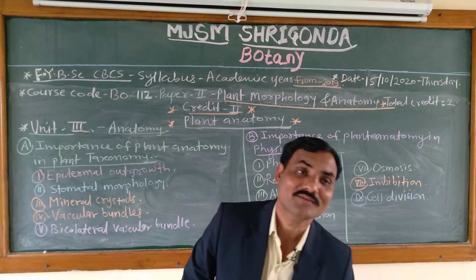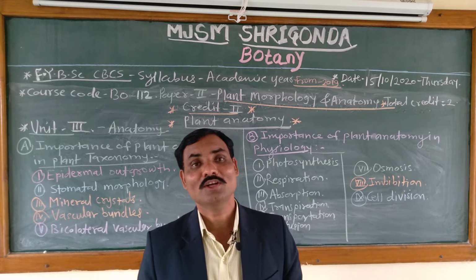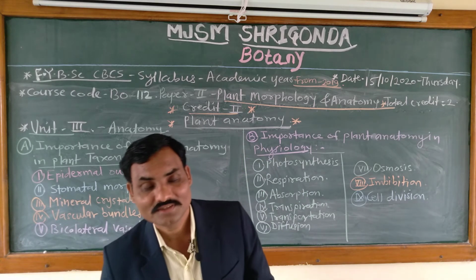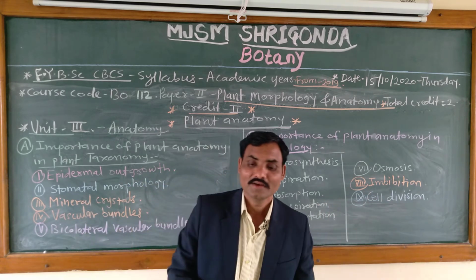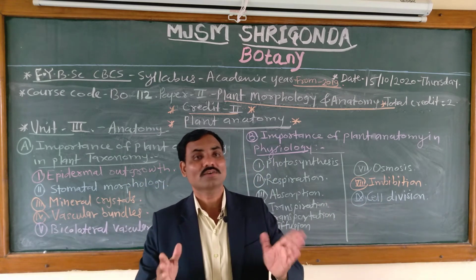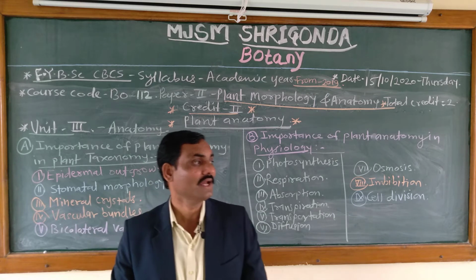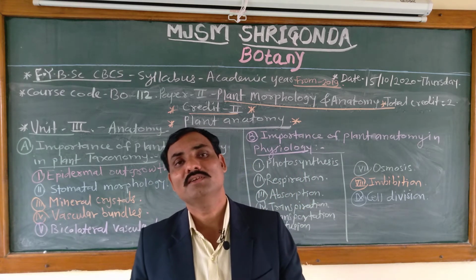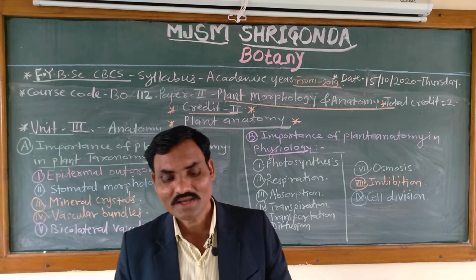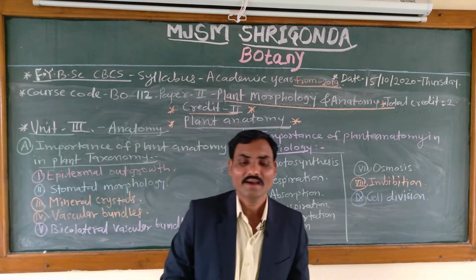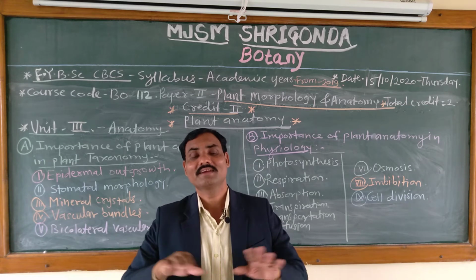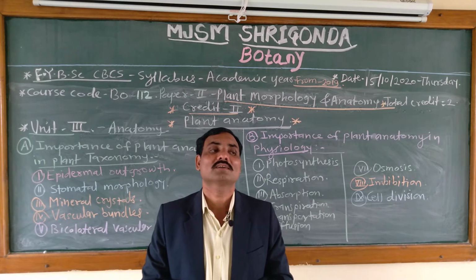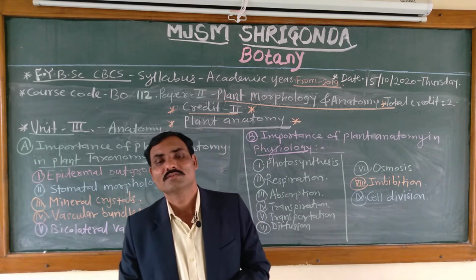When we take the transverse section of a monocotyledonous plant, we see that the vascular bundles are scattered, while they are arranged in a ring in dicots. When we take the transverse section of a dicotyledonous plant, particularly the sunflower, we see an arrangement in a ring. Vascular bundles are present in rings in dicots, particularly in sunflower.